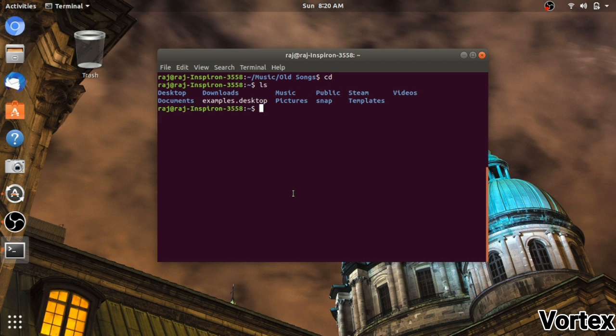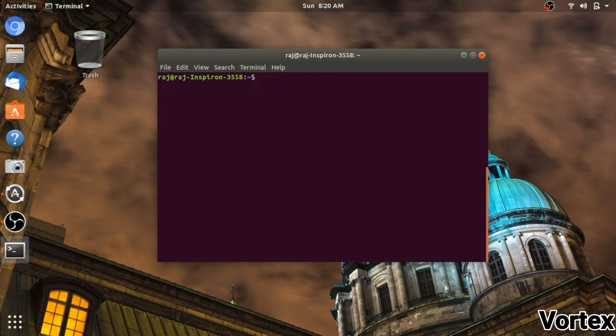Okay, now clear. Clear will clear your command terminal. Now the third one, and in this tutorial this is the last one. sudo is a command used if you want to take permission or provide permission, because you are the administrator.